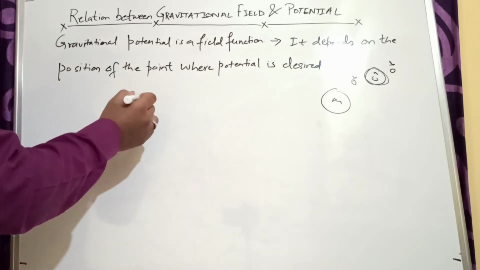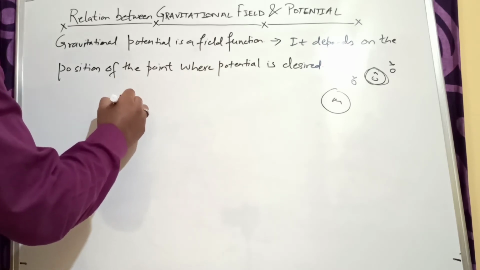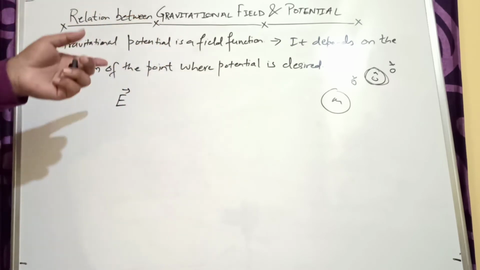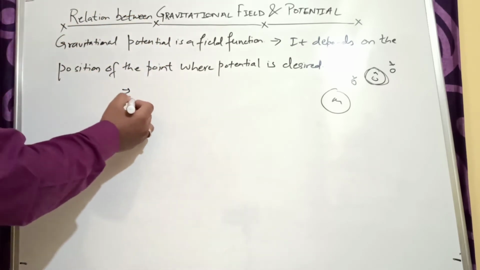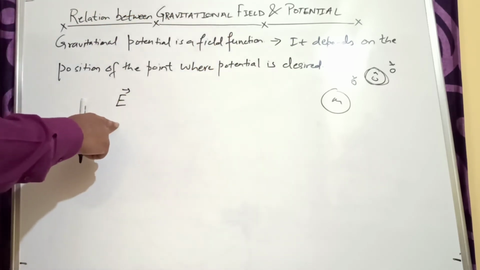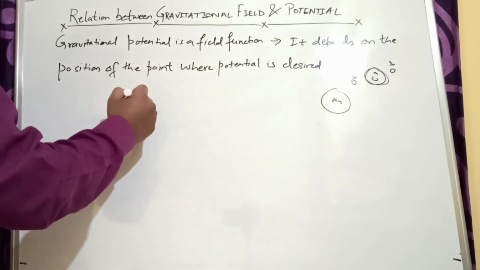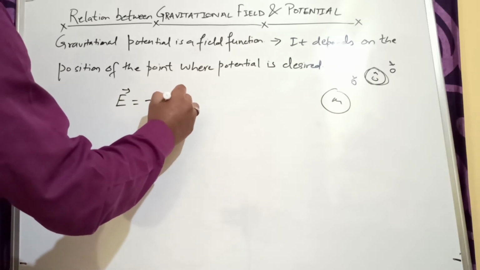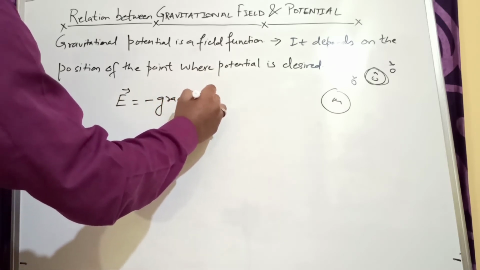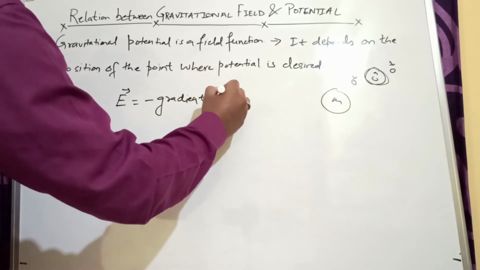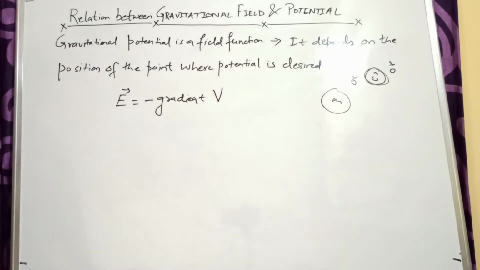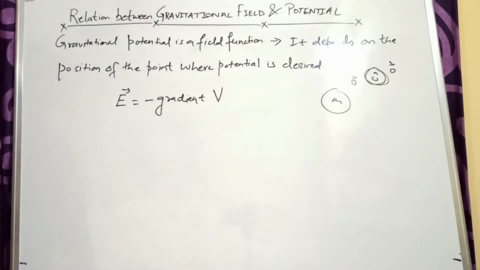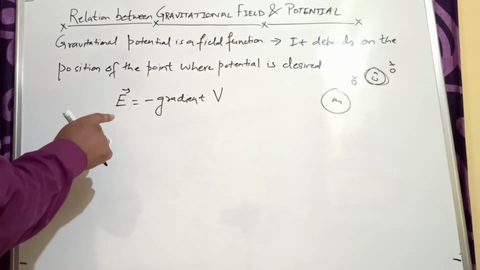You will write it as vector E. This E is your gravitational field. In the last video I already told you that gravitational field is denoted by capital E. So vector E is equal to minus the gradient of V, where V is your gravitational potential. Just now I told you, right? Therefore,